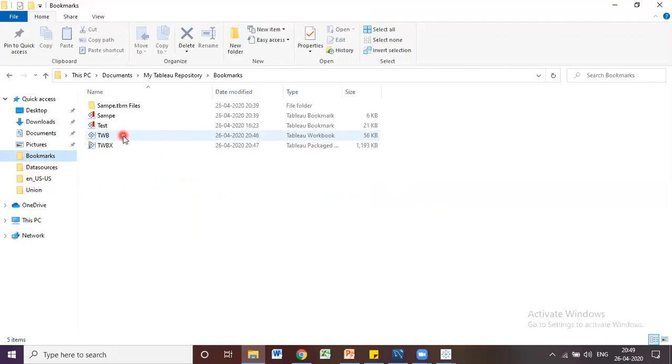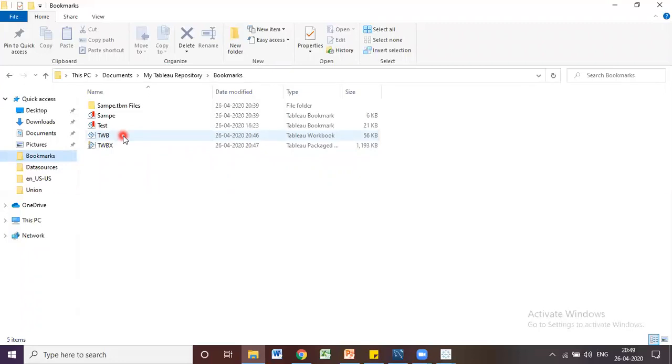If you send a TWB file, he cannot open it because he does not have the data source with him. If he has the data source, he can open it. Like a TDS, if you save a TDS, he is not able to open it. In the same way, if you give a TWB file, he cannot open it.